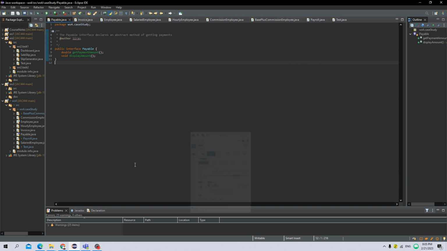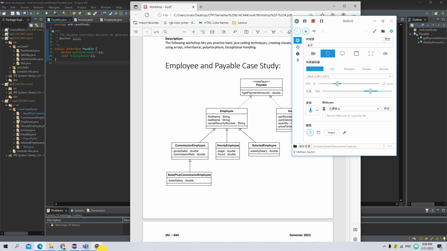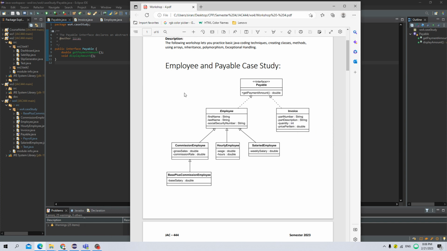And the video will be in two parts. First, I will go through the coding parts to go through everything about the workshop. Second part, I'll be running the program in the console to do a little bit of testing. First, we can see this workshop follows the instructions